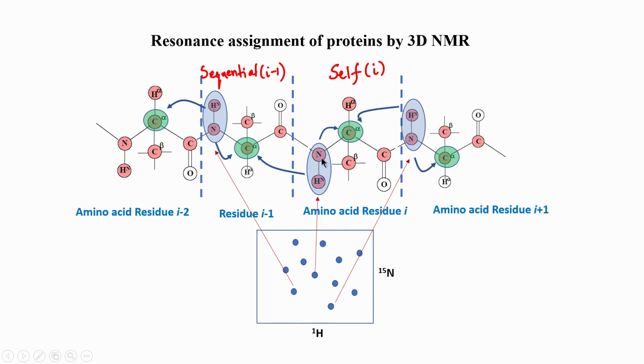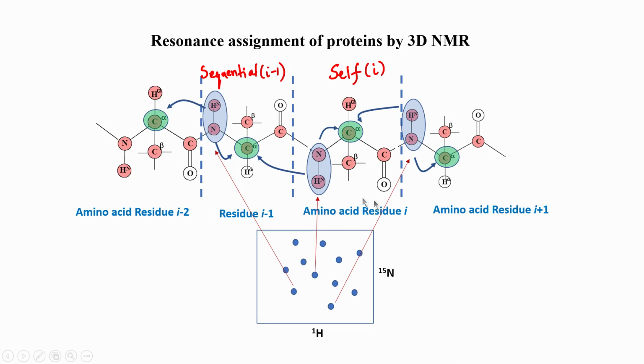Okay. So, this is basically how we will see. Now, we will go further and see how assignments are done by connecting one NH to another NH through C alpha. So, this is the basic point here. We are connecting two neighboring amide proton pairs through their common C alpha to which they are correlated. Okay. So, we will get the complete stretch, we will be able to connect a stretch of amino acid from I minus 2 to I minus 4 or so on to I plus 1 to I plus 2 and so on.